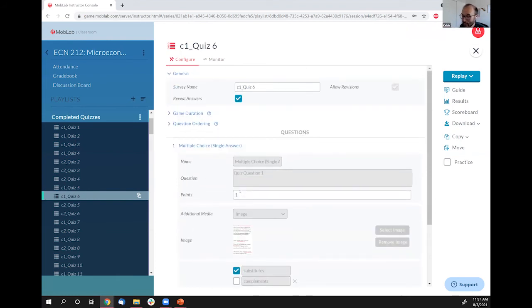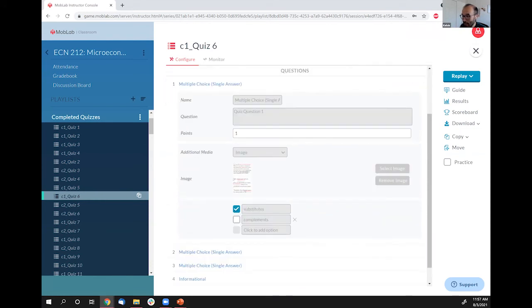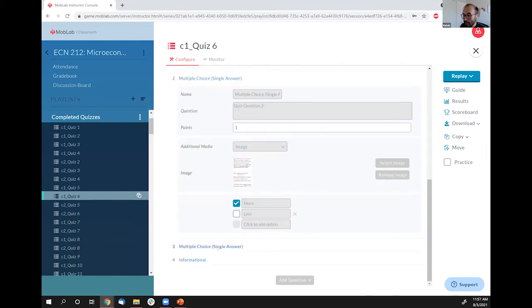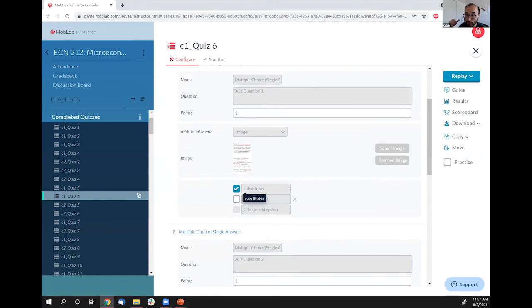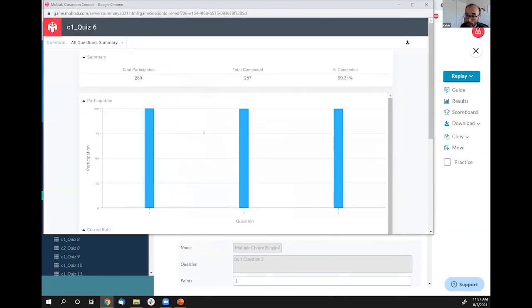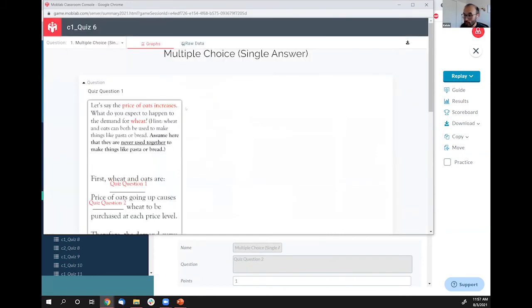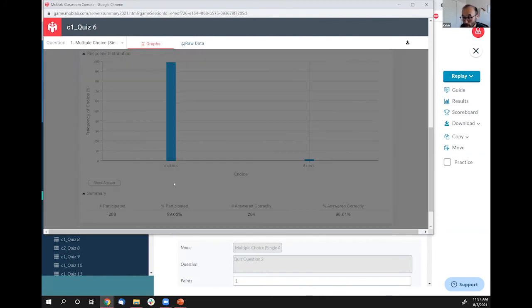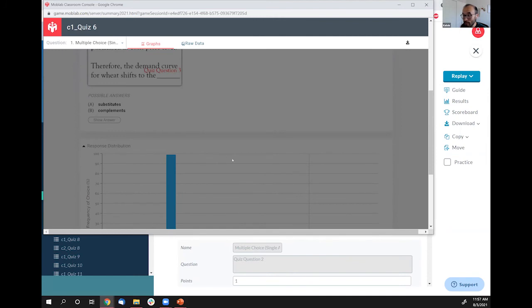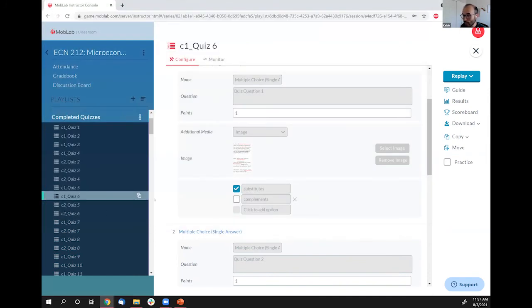Maybe it's in class, I'm talking about a specific example, and I have the slide on the question as well. You can see how I asked quiz question 1, 2, and 3. In this version of the quiz, the quiz questions were on the screen, so I just wanted to make sure that they were in class. And you can always see the results, right? You can see how students did on these questions, and then talk about each one. So this is quiz question 1. How did students do? For the most part, they got things correct. They thought that these things were substitutes and not complements. So you can address these things pretty easily.